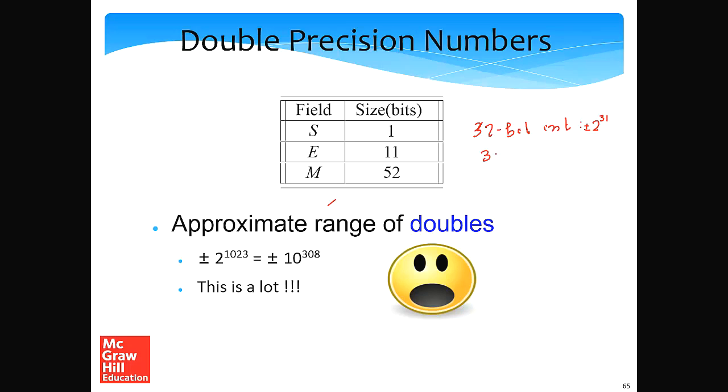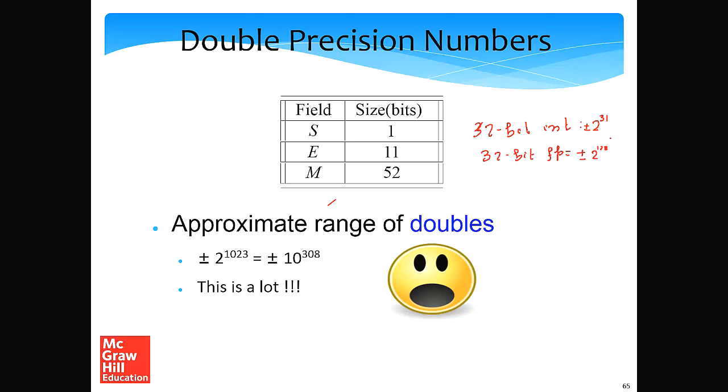For a 32-bit floating point number, the maximum that we can go to is roughly in the range of plus minus 2 to the power positive 127. But then, of course, the mantissa can be higher, so I can make it 128. That's maybe the largest that we can go to. Very approximate figures. And 2 to the power 128 is around 10 to the power 40, right?